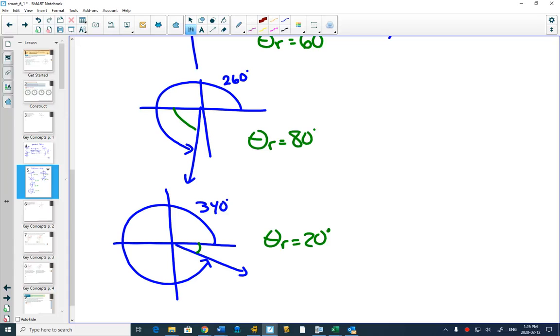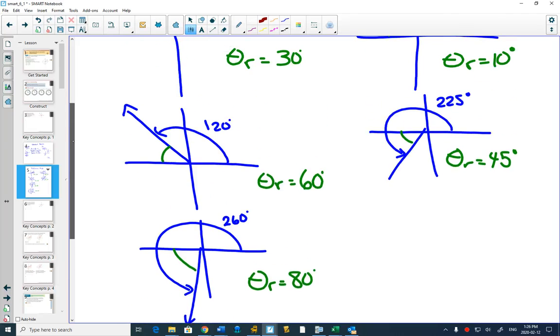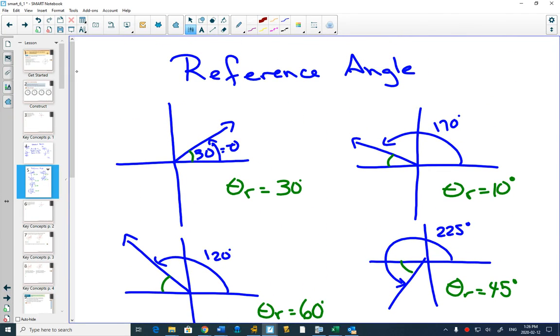So what do they have in common? How could we describe each of those green lines with one definition? The angle from the nearest x-axis, right, to where the angle ended. Okay, so I'm going to give you some